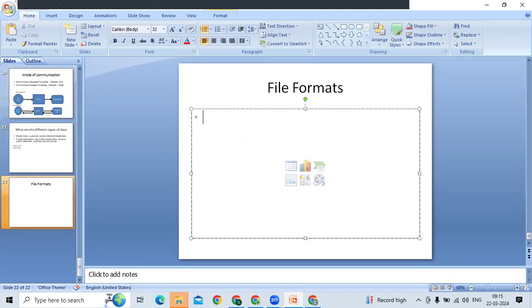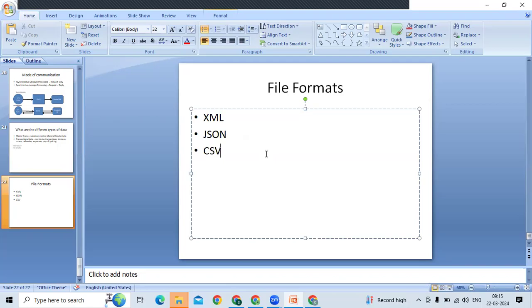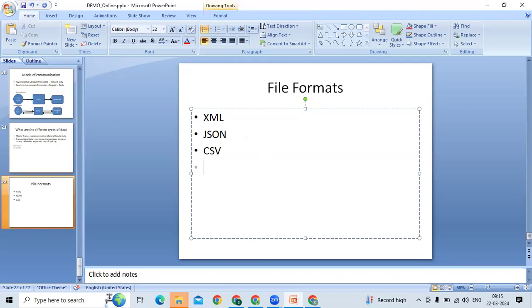XML is one format. JSON is one more file format. CSV is one more file format. Flat file, or